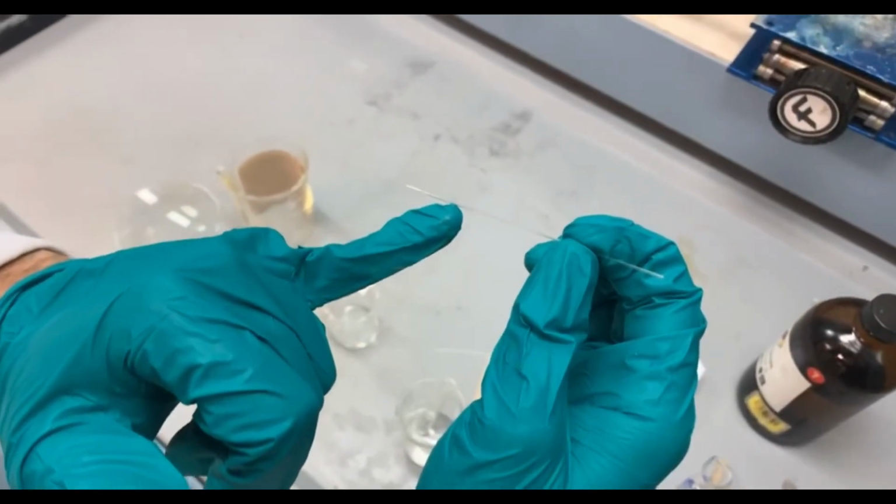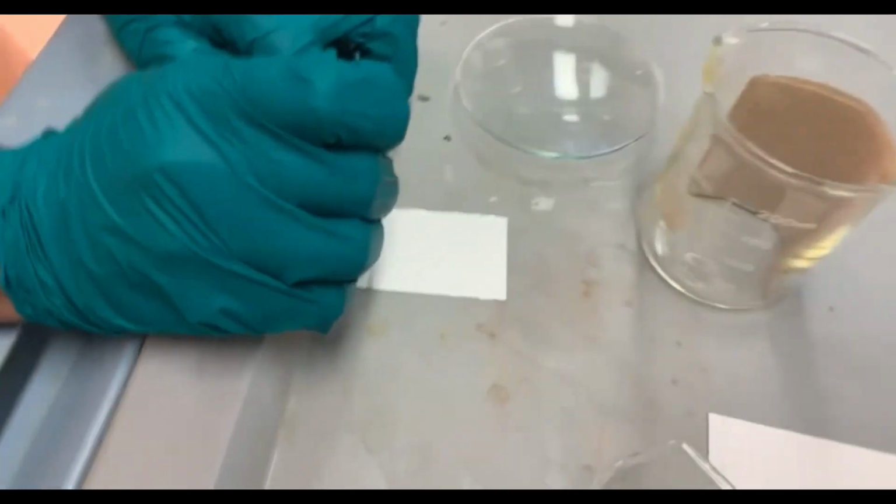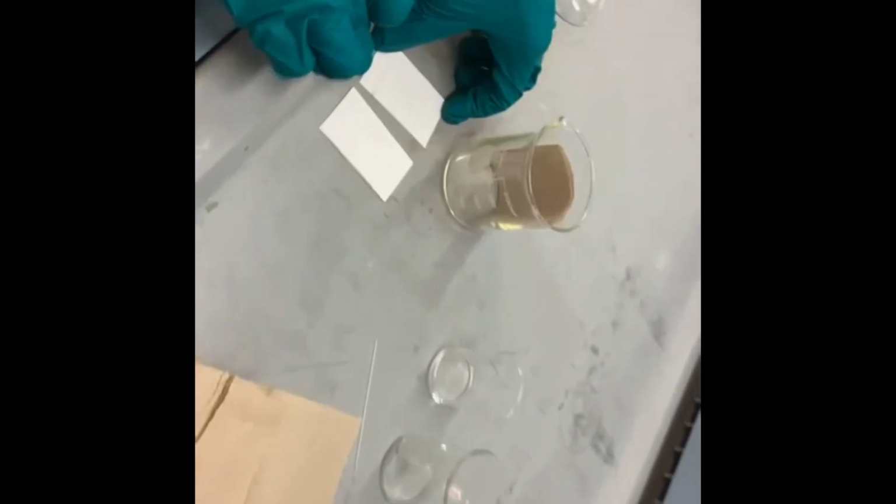The liquid automatically rises a little bit, and then all we have to do is just put a tiny dot, and that's enough. You don't need anything more. You can pause. Once you have your spotted TLC plate,